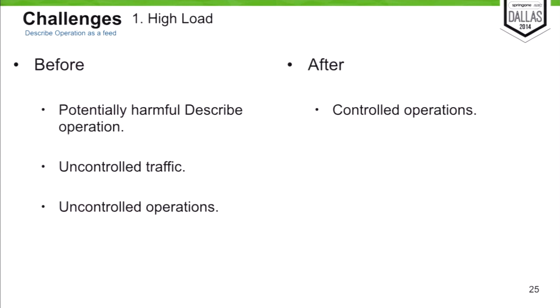And after, we have a controlled operation. We can resume an operation, or stop it in favor of others. Maybe the platform is quite busy because there are a lot of migrations going on, and we don't have resources to spin up new machines. We can stop the migrations that we want. But in fact, it's the orchestrator that is going to do it automatically. The most important thing is that now we have a predictable behavior. We know what is going to happen in the following seconds. We know how many elements can be migrated and how many are still pending to be migrated.